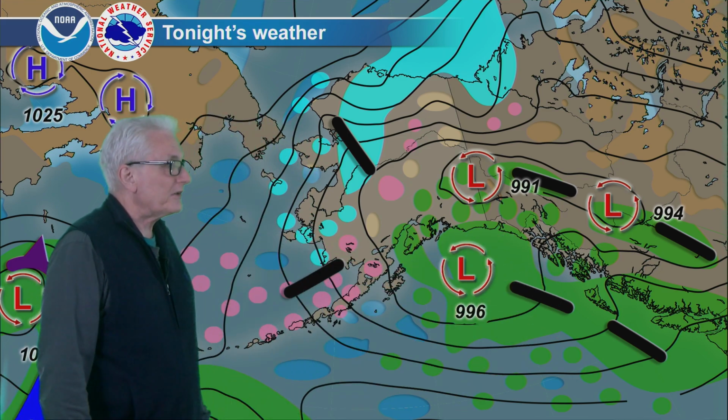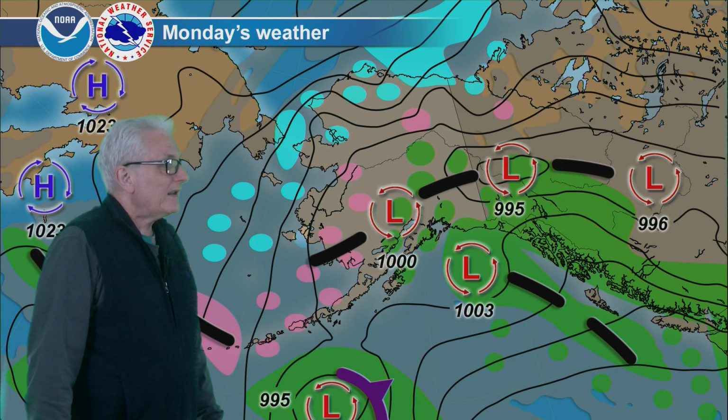Yakutat all had 0.4 of an inch of precipitation during the 12-hour period ending this afternoon. That will become lighter, and as rain changes to showers tonight, so a lot less in the way of precipitation for those areas overnight tonight. And into tomorrow, still southwest flow, keeping showers and rain across all the southeast coast up to the North Gulf